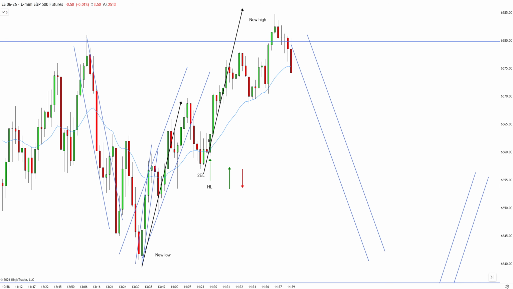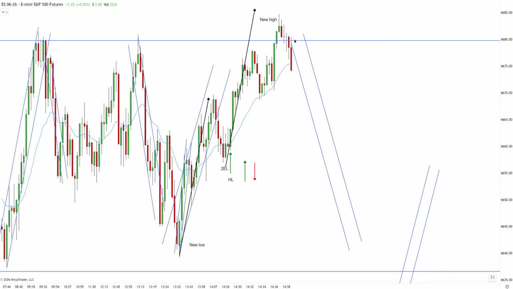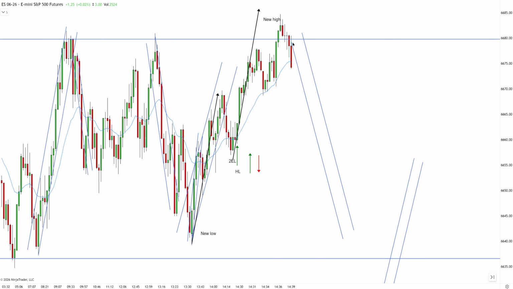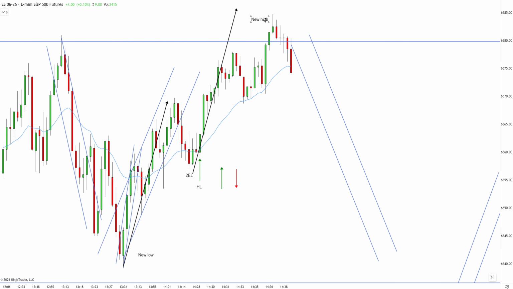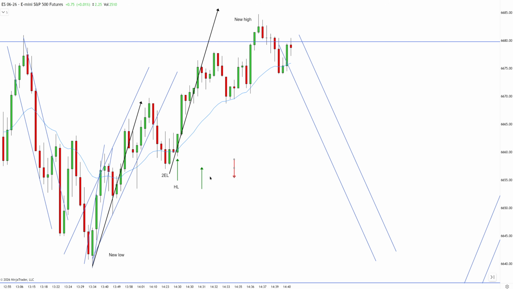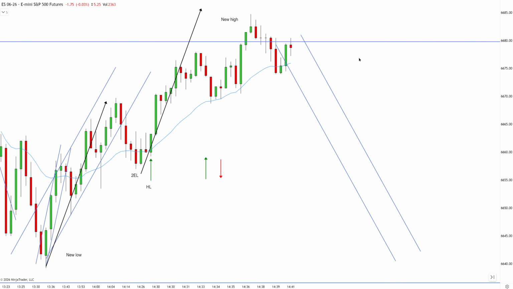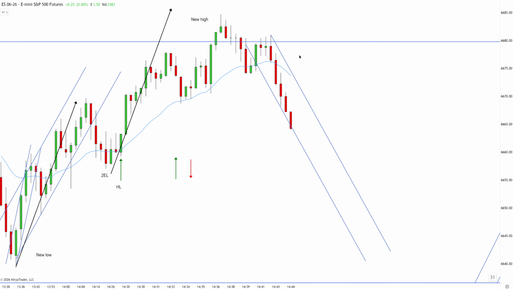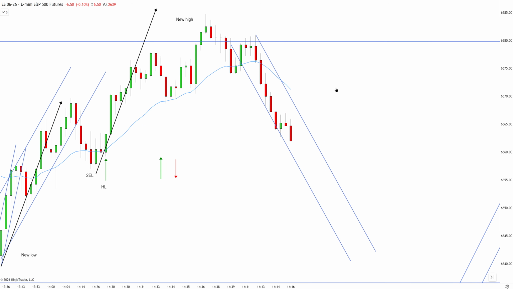Right now we had a high low to kickstart the day with, and we have to pull back up. Now you can see we're at the top of this consolidation, which tells us that the sellers will probably start selling the important price level, but you would like to see a reversal pattern below the EMA, which means you'd like to see a failed second entry long below the exponential moving average. You have a new high first entry long, and there is no failed second entry long, so the market is just